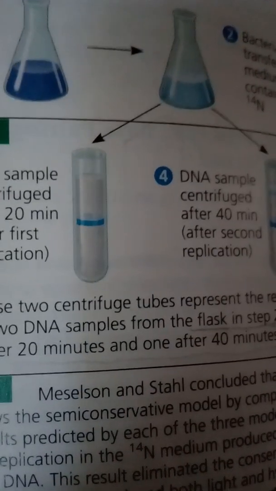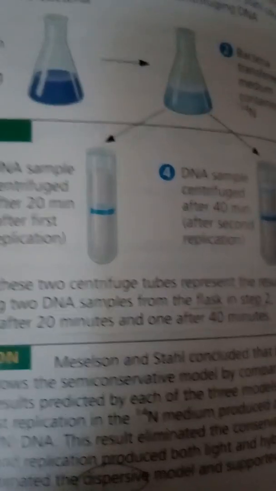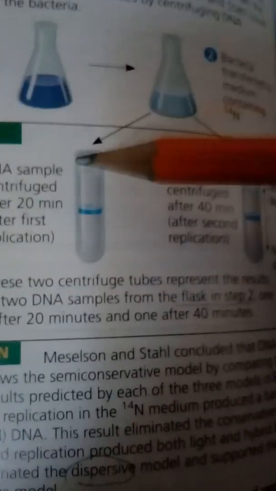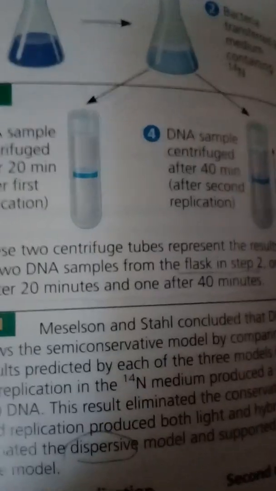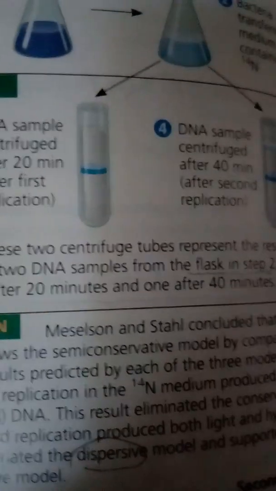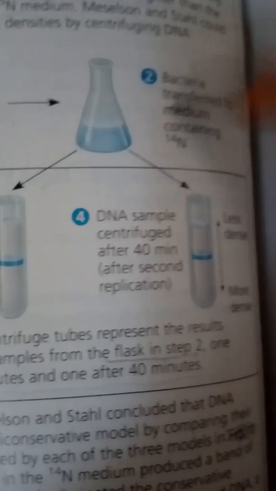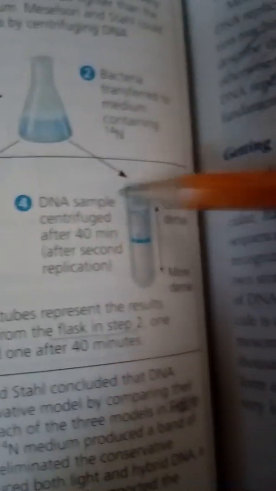Any new DNA that the bacteria synthesized would be lighter than the parental DNA made in the N-15 medium. Meselson and Stahl could distinguish DNA of different densities by centrifuging DNA extracted from the bacteria. Notice the bacteria cultured in medium containing N-15, and then transferred to the medium containing N-14. Results: